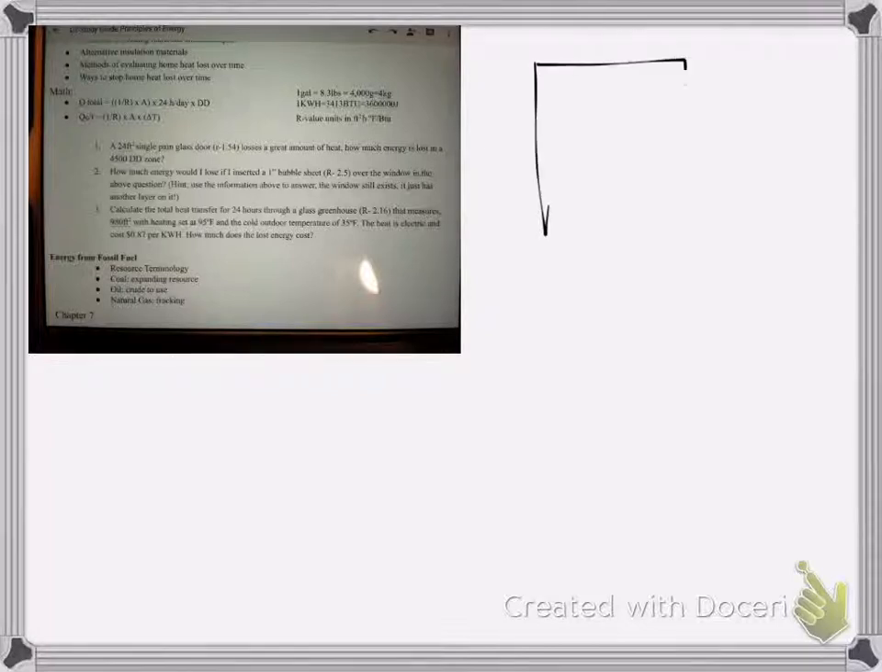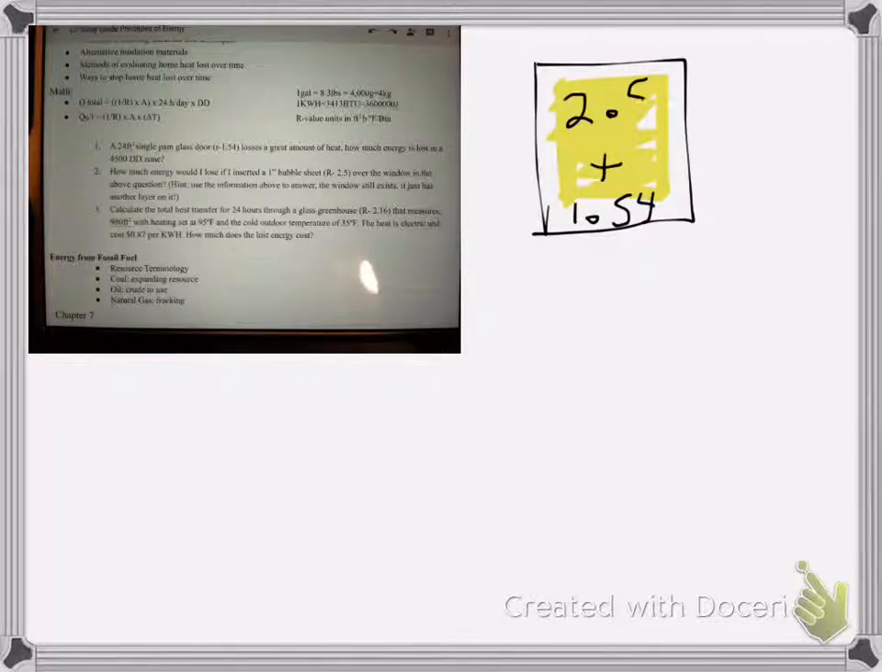So basically I still have the window. I'm just putting a bubble sheet on top of the window, which means it's the same size of window. It's just its R capacity is the original R capacity of 1.54 plus the R capacity of the 2.5, which is the bubble sheet. So now I can set up my equation where I'm going to do my 1 over the sum of both R's. So I'm going to do my 2.5 plus my